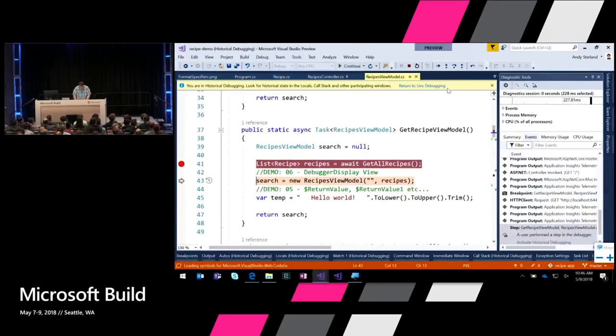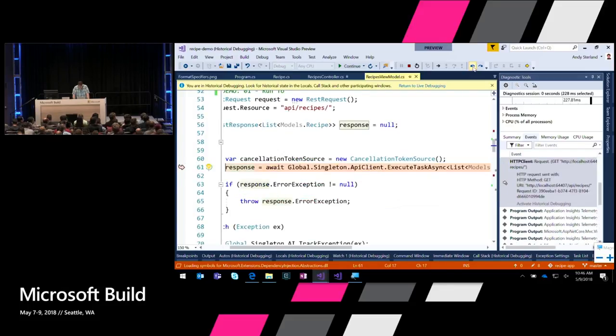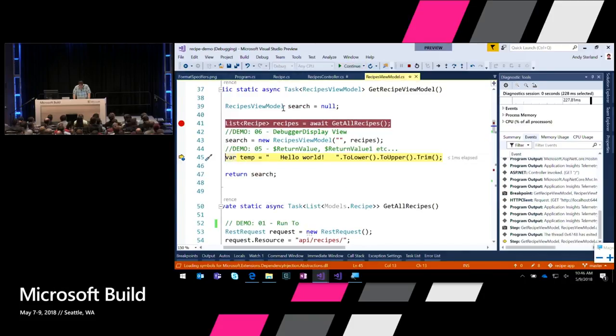So I was on this line here. Now we're back to here. So this value is now null, or it's something else down there. And we can step back again through the application, and we can keep going. So the idea is that if you've missed something in your application, you can go back to see it. If ever you've stepped over something, you've stepped too fast, you can go back and see where it's at. The other feature that we added for snapshots, let me just continue out of this,